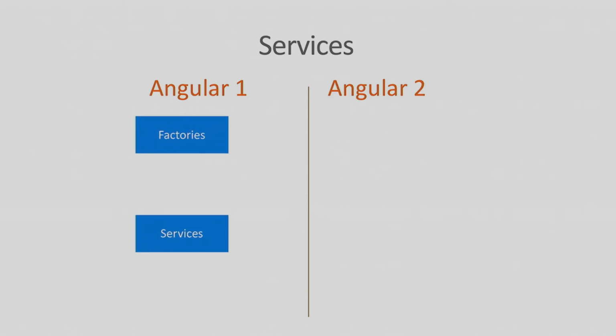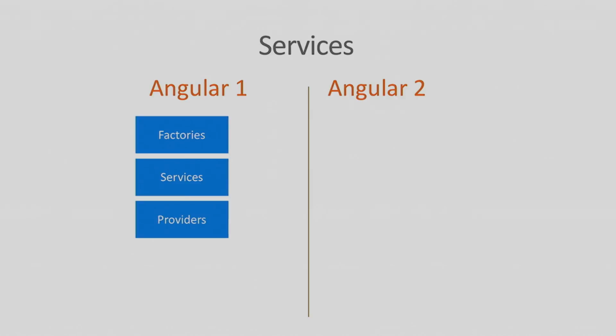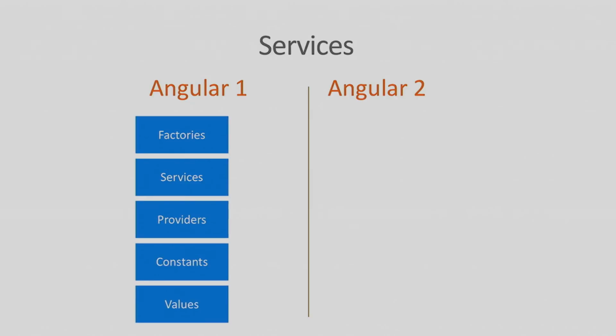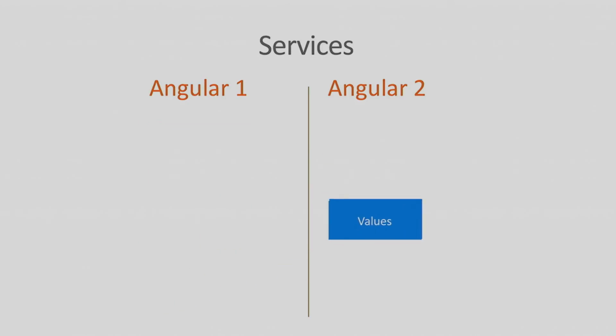In Angular 1, we had factories, services, providers, constants, and values. There are 5 different types of services, and it drove everybody nuts. And I think one of the most popular Stack Overflow articles was, which one do I use? And the answer most of the time after I got tired of answering it was, just pick a factory and be done with it. In Angular 2, guess how many of these still exist? None. Trick question. They're all gone. You just create a class.